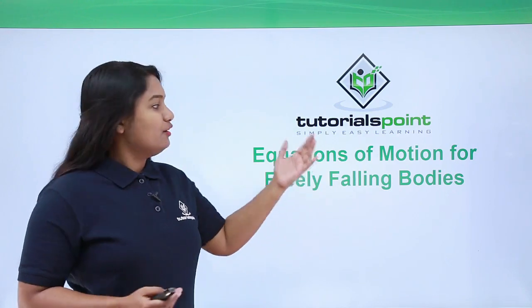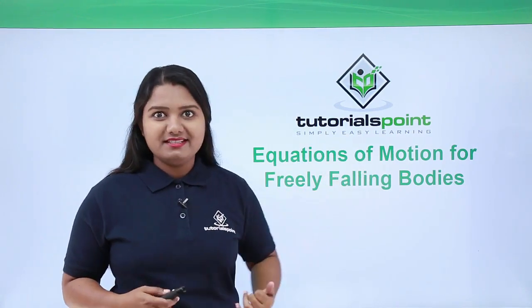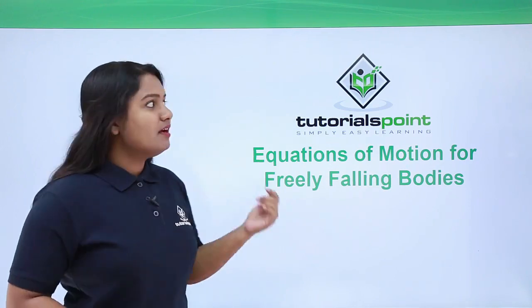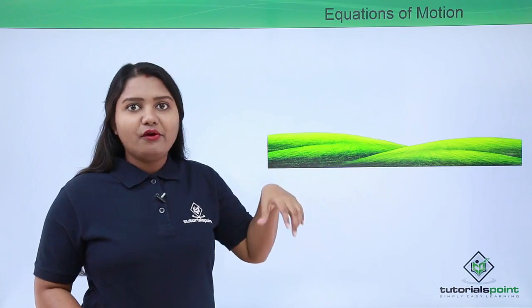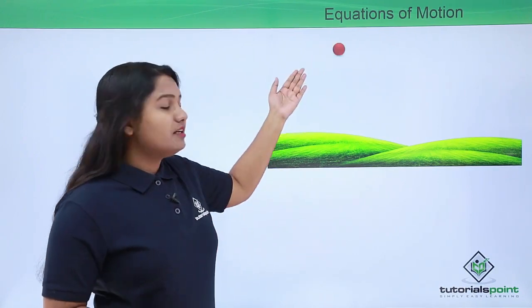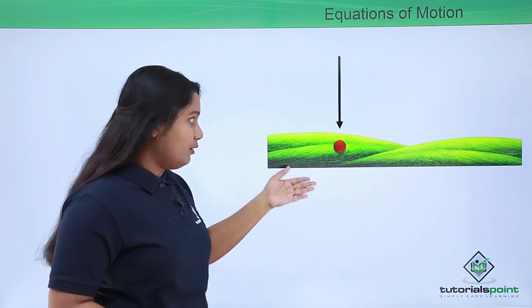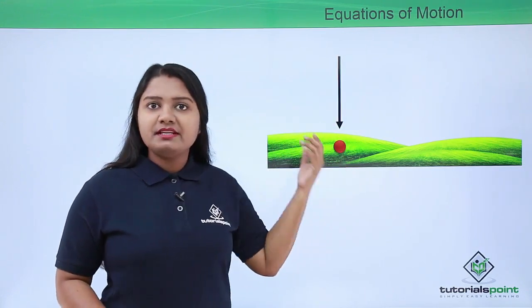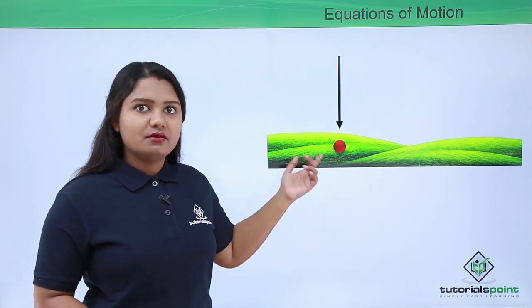In this video, we are going to look at the equations of motion for freely falling bodies. So let's get started. Now we have discussed a lot about freely falling bodies, right? We have seen in the previous video that whenever a ball or an object is dropped from a certain height, it falls down. And this is because of the gravitational pull or gravitational force that the earth exerts onto this